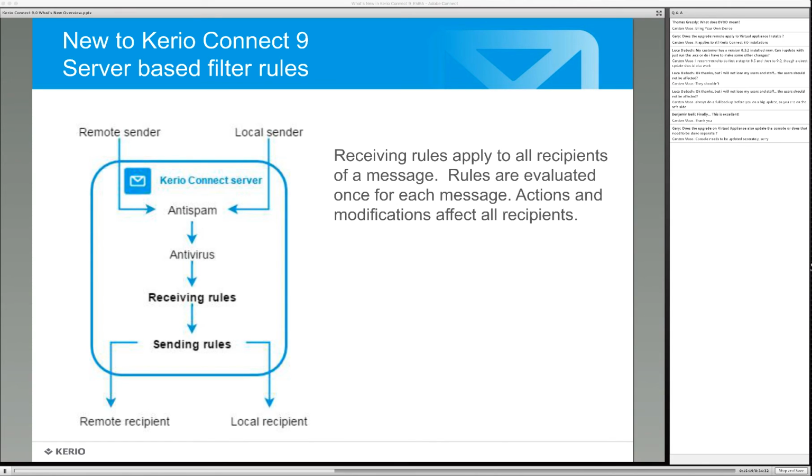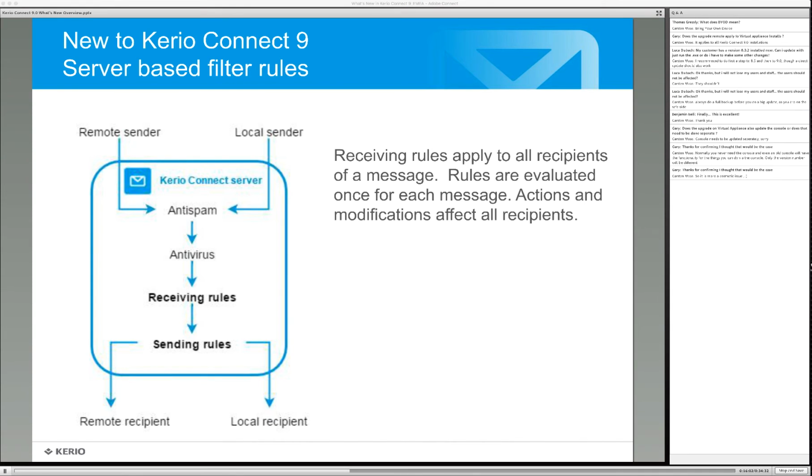Receiving rules apply for everybody that's on the recipient list of the message. Each message has receiving rules applied once, and whatever happens to the message at this point applies to the message as it gets sent through to everyone included on the message. Perhaps the easiest example of a receiving rule is to check the size of the message. Let's say that we want a limit of 20 megabytes for the message size. If the message is greater than 20 megabytes, we want to reject it. This can be one of the receiving rules: if the message is greater than 20 megabytes, then reject the message